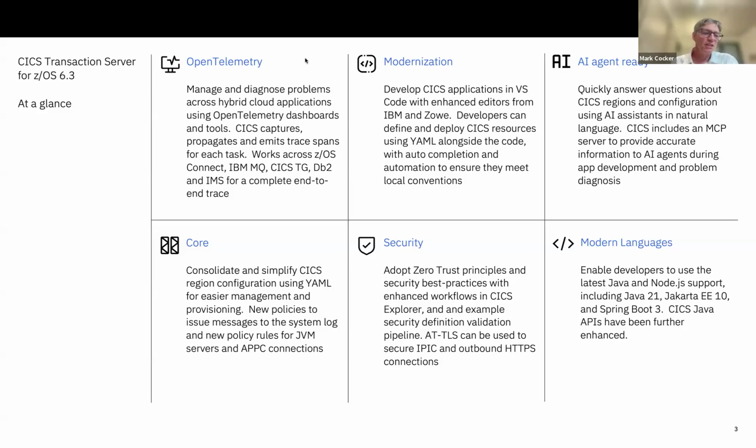But then there's another side to AI, which is trying to get information from the runtime. And so that's what we're doing in 6.3 here, is providing an endpoint for AI agentic flows to connect in to the CICS runtime and inquire on information about transactions and the workloads that are going on in CICS. So it's a very gentle start. It's read only. You're not going to be able to tell AI to just fix all my CICS problems and it'll just magically know what to do.